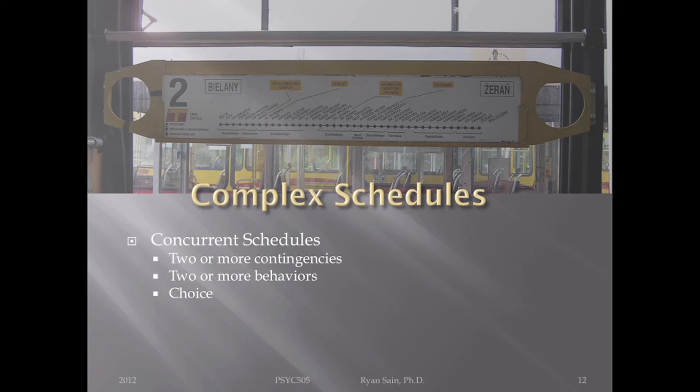This is how we study choice. If you bring choice into the lab, this is what you do. Which would you rather engage in? So you give an opportunity for the person, the organism, whatever, to engage in a particular behavior or another behavior and see what they choose. And as you vary the amounts of reinforcement for the varying behaviors, you can force the choice one way or force it back to the other. You can bounce it back and forth. This is what I'm getting at here: you're really coming up with the matching law, which is that you will choose to do the behavior that gets you the most reinforcer at the given moment, or in a given time.